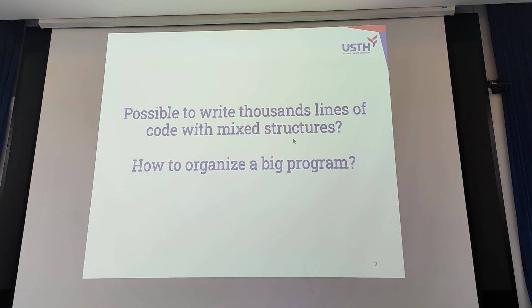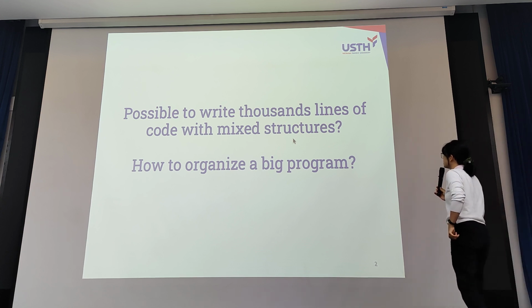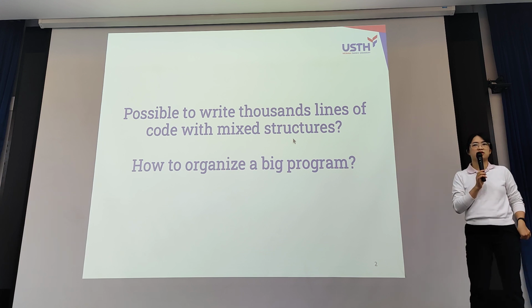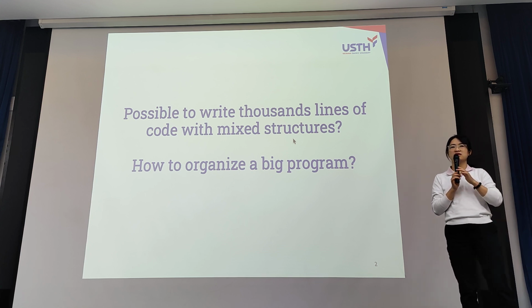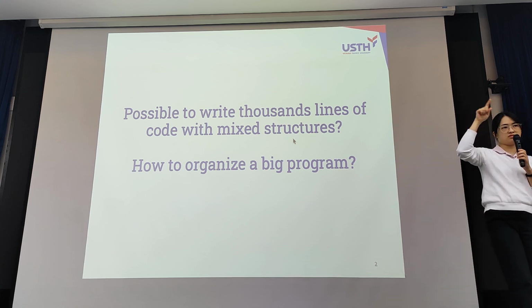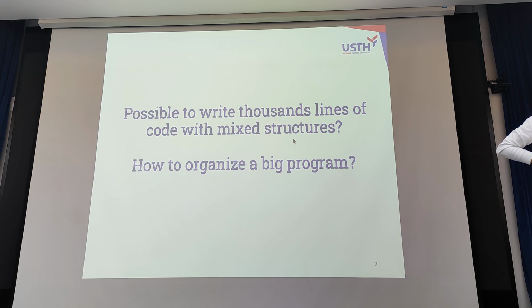Okay. And for a program we need 1,000 lines of code, the question is, is it possible to write 1,000 lines of code with mixed structure within only one program, within only one file?